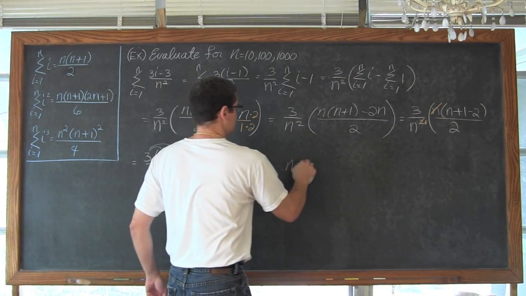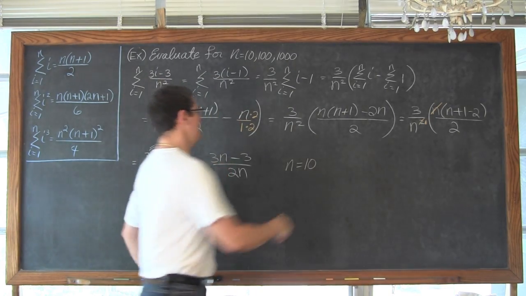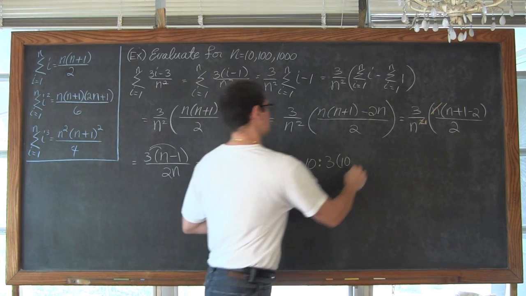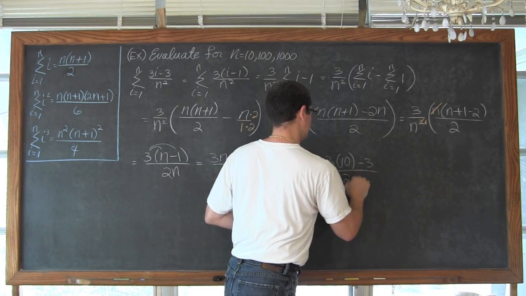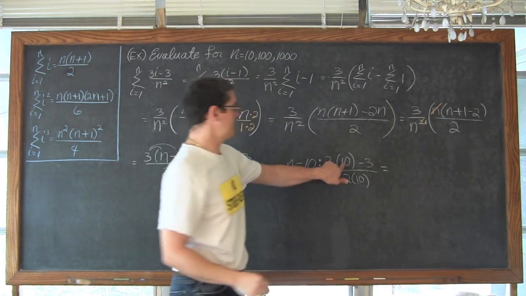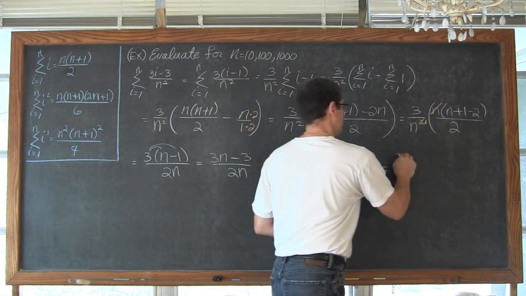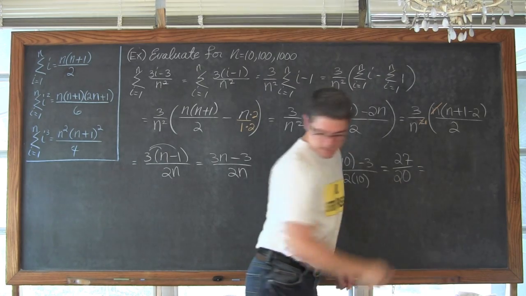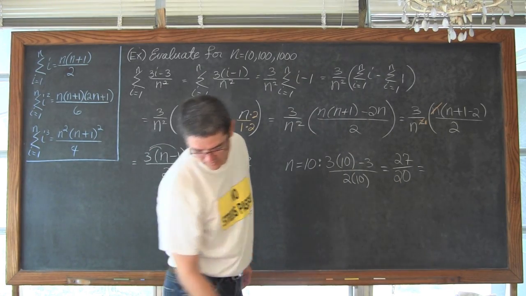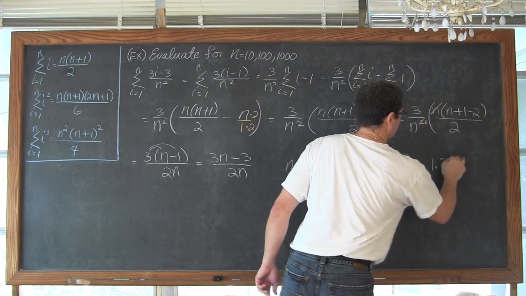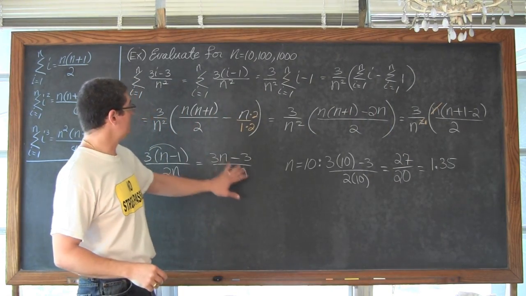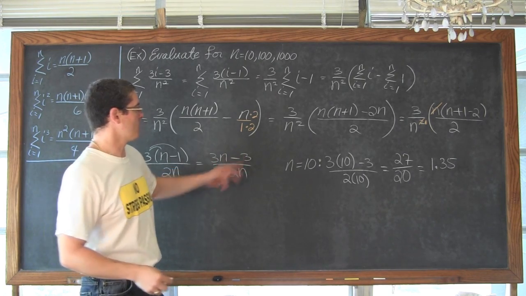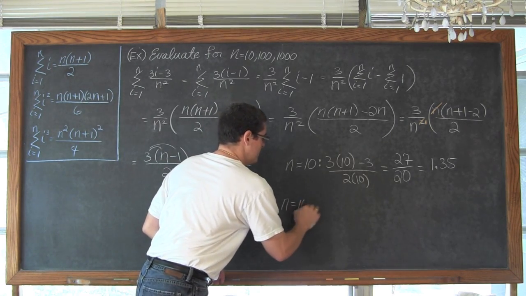So when n is equal to 10, we get 3 times 10 minus 3 over 2 times 10. That's going to be 30 minus 3, which is 27, over 2 times 10, which is equal to 20. And that decimal comes out to be 1.35. If I want to evaluate this expression or this original summation notation, it's in simplified form or just a different form. For 100, we have n equals 100.